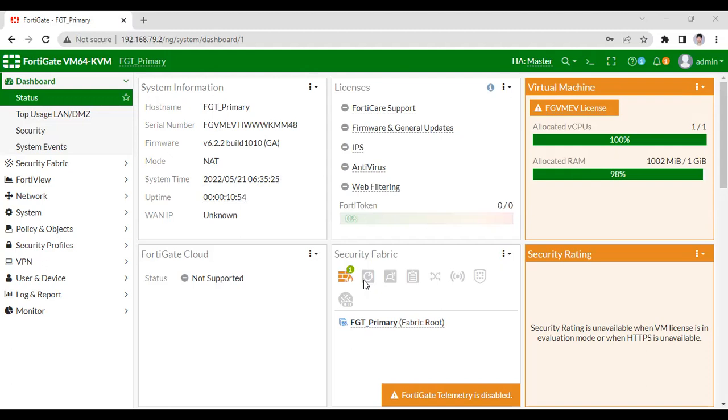Let me tell you one more thing about priority. I have configured priority 200 for the primary firewall, I am in FortiGate 1, and for the secondary firewall I have configured priority 150, right? Let me show you one more thing. As you can see, the virtual cluster, 192.169.254.0.1, is the virtual cluster IP address, which will work between the HA heartbeat interface, right?